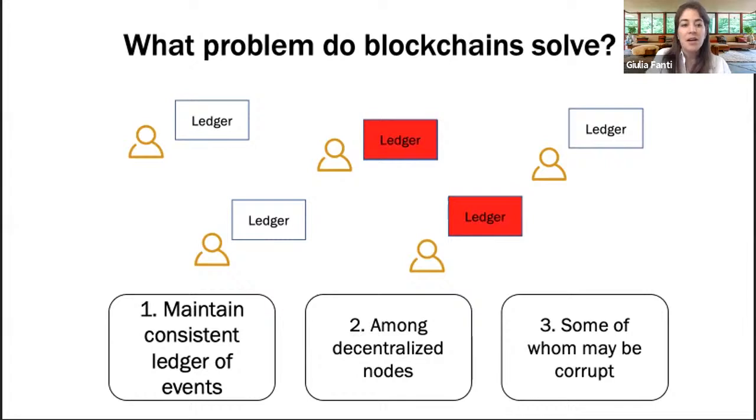nodes, which are trying to maintain a consistent ledger of events, some of whom may be corrupt. Okay, so we want to ensure that these corrupt nodes cannot prevent the honest participants from maintaining a consistent ledger with one another. These events could be financial transactions, or just recordings of, let's say, a regulatory event or something like